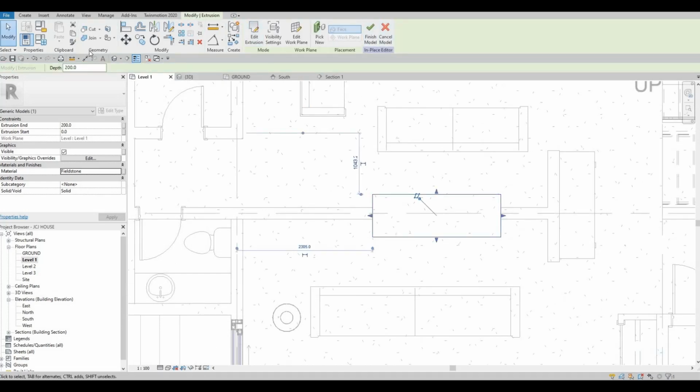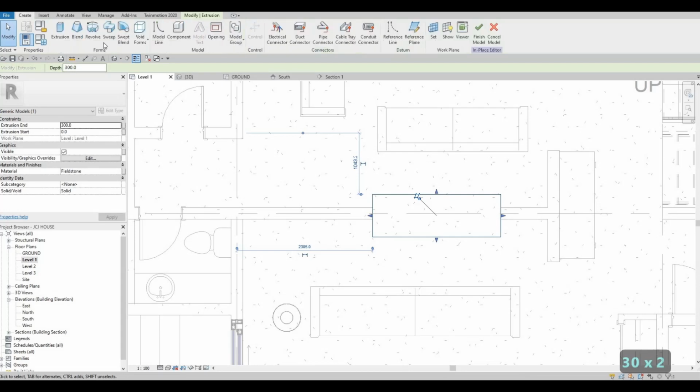Extrude that, and then in terms of height, maybe we should extrude it around 300,